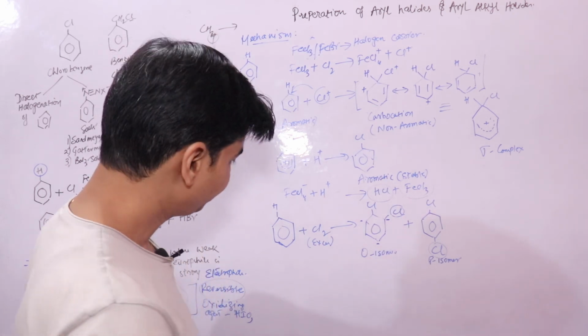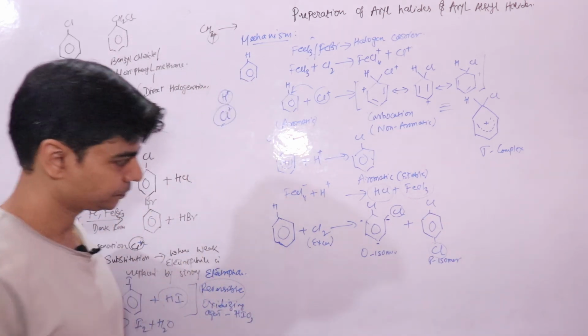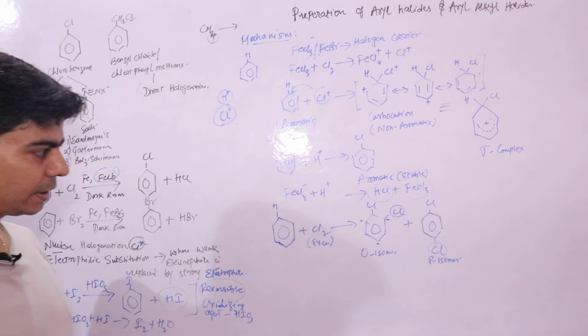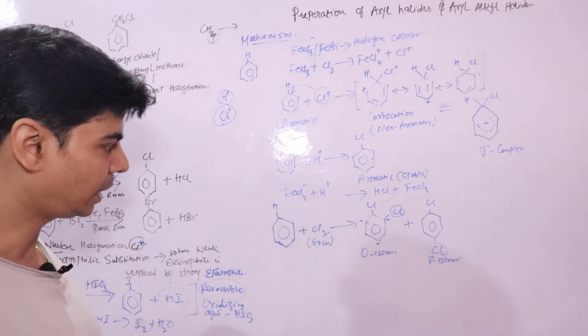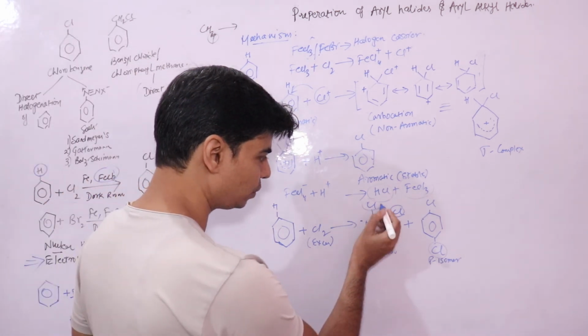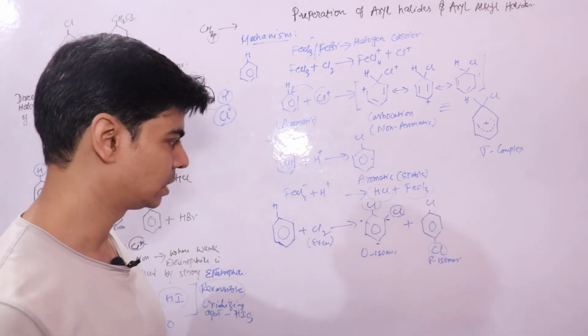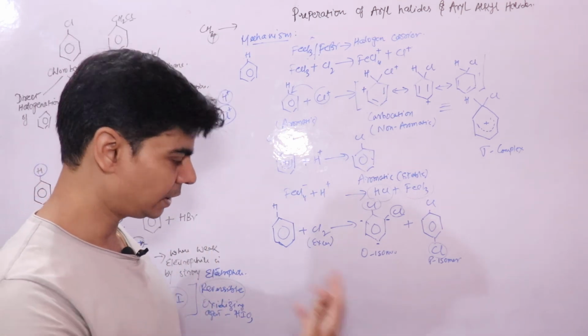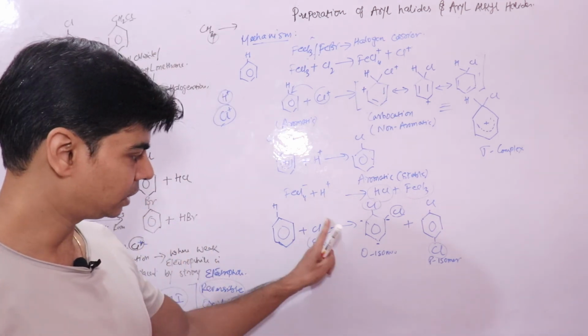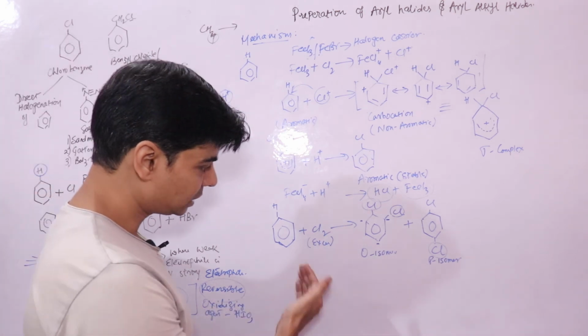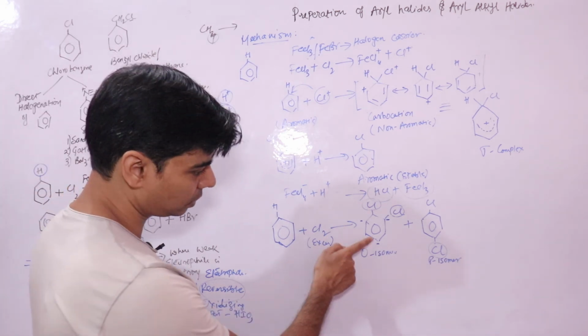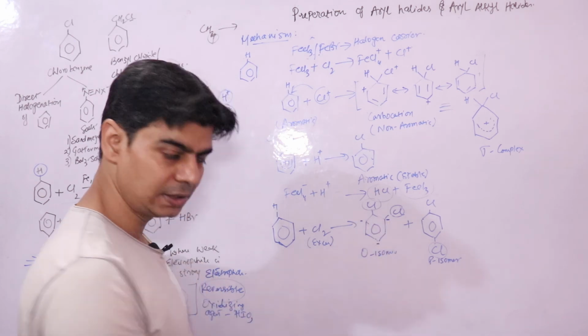The reason is that there is something known as directive influence, the directive influence of the substituents attached to the benzene nucleus. When further halogenation is done, the second chlorine atom that will join this benzene ring